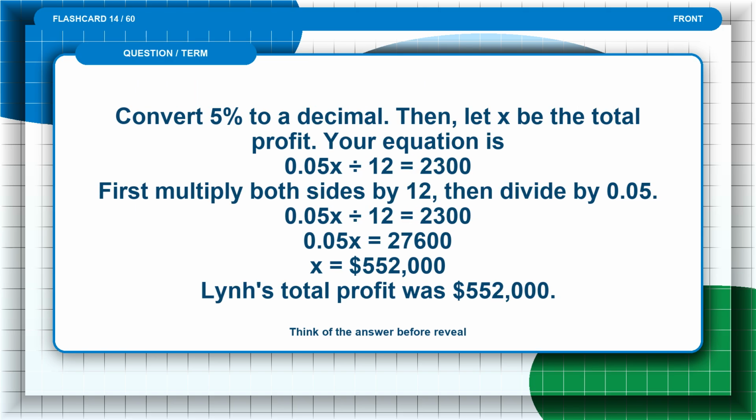Flashcard 14. Convert 5% to a decimal. Then, let x be the total profit. Your equation is 0.05x divided by 12 equals 2,300. First multiply both sides by 12. Then divide by